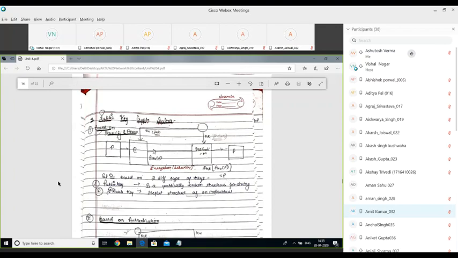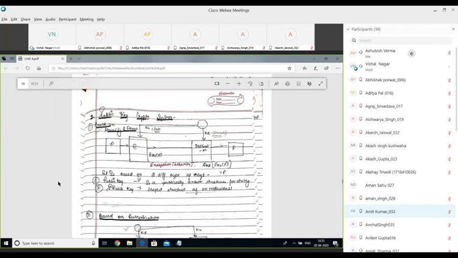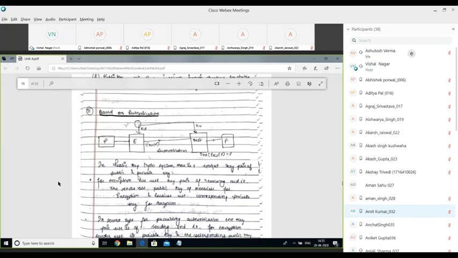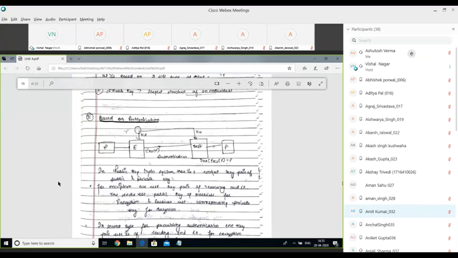So this is the public key crypto system for providing security through encryption. And the second method is based on authentication. Let's say we have a piece of paper, like a notice, and you say that the notice is fake. How do you know whether the notice is fake or genuine?